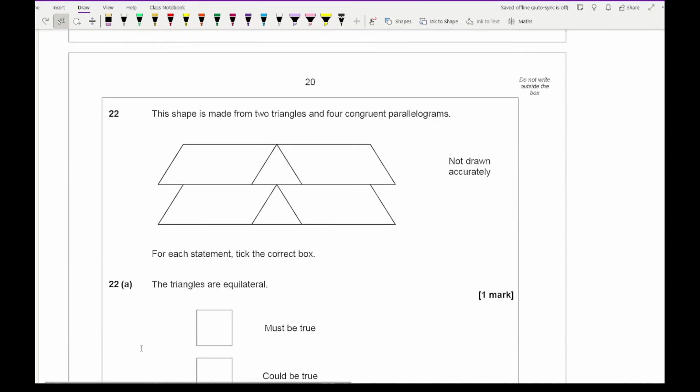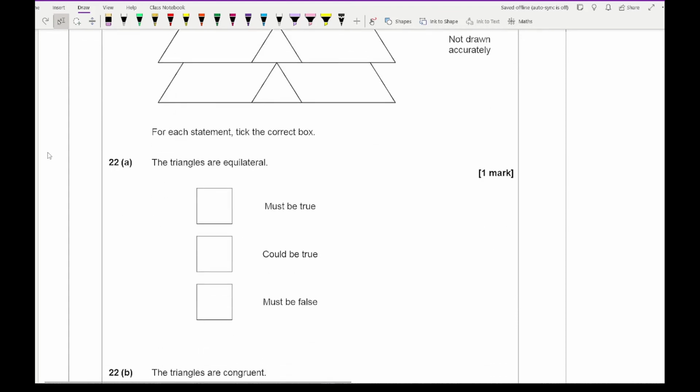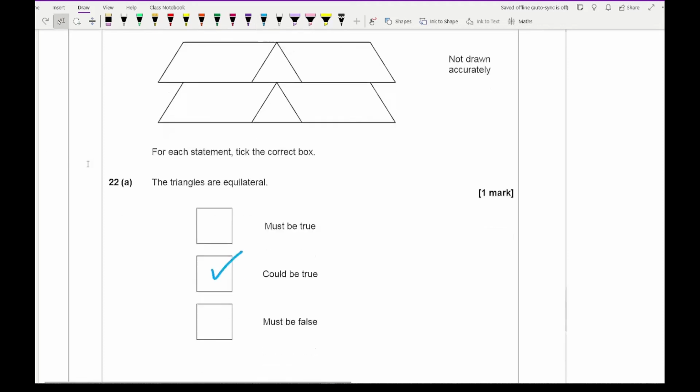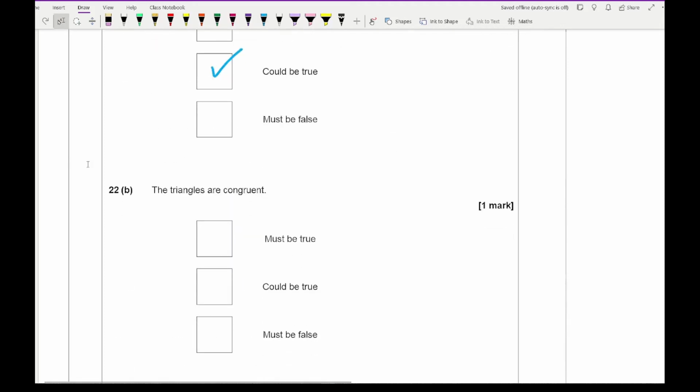Moving on to question 22, it says that this shape is made from 2 triangles and 4 congruent parallelograms. And for each of the statements, tick the correct box. So for this, looking at this, what do I want to tick? Well, we know that the triangles are equilateral, and that could be true, is the one that we want to tick there. The next one is that the triangles are congruent, and this must be true